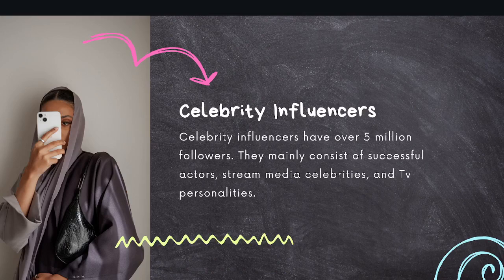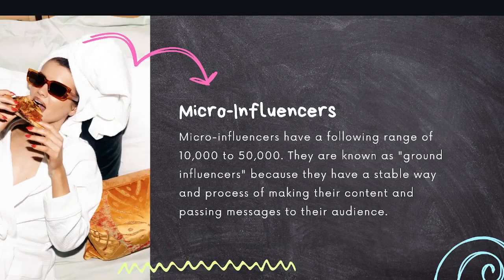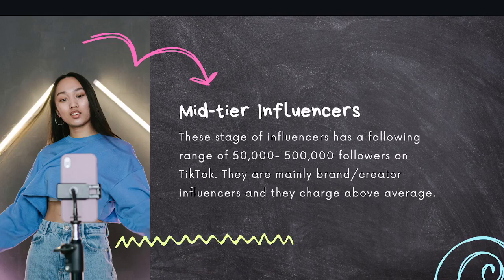So now there is a celebrity. Some celebrities are known for certain things. Some are known for cooking, some are known for real estate, some are known for giving advice on relationships and things like that. So you can also use them. You can just do a one-off. You just use them once, or for 2 videos a week or 2 videos in 2 weeks. You understand? I would suggest you use nano or micro. And you can also use mid-tier because these ones can also be used for the normal.